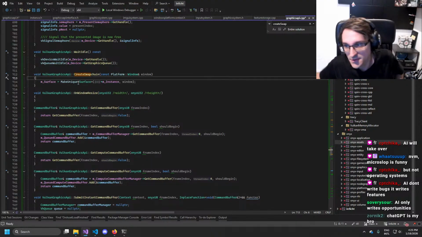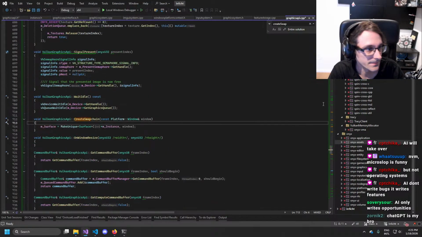So that is the surface and then the swap chain as well, right?